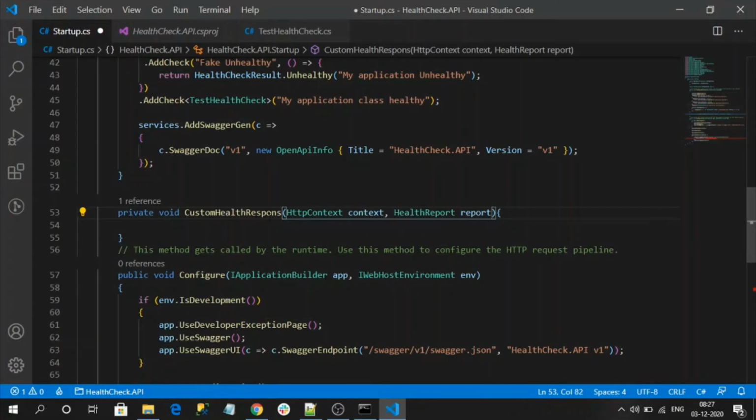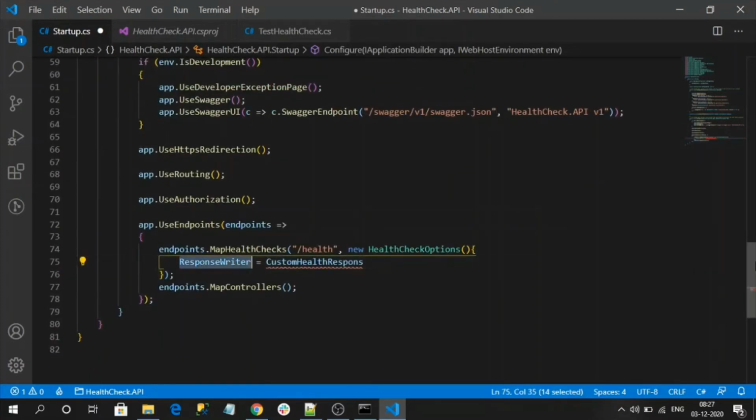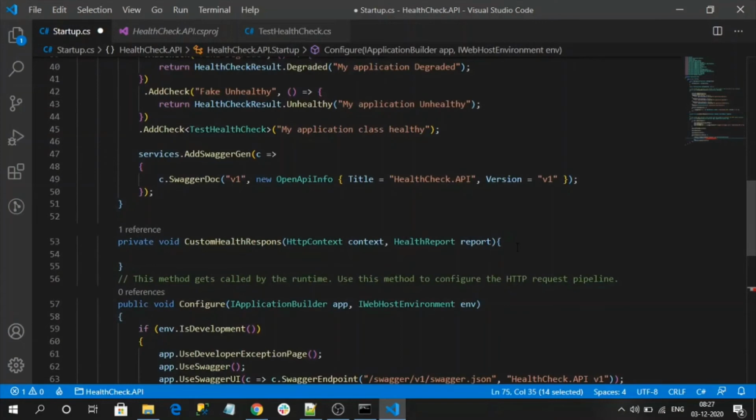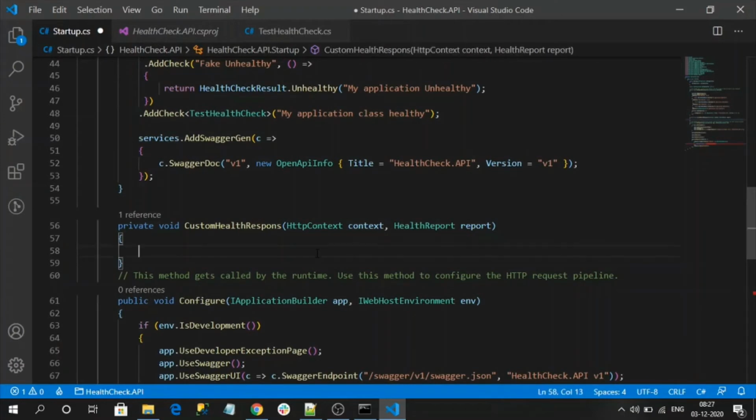Now I made it compatible with my ResponseWriter property, but still some code change is required. Let's go there. Now context.Response.ContentType, define it as application/json, because here I am going to return a JSON string.